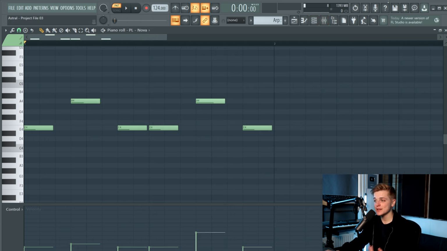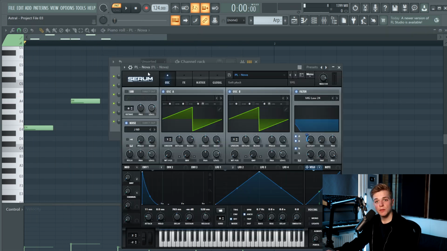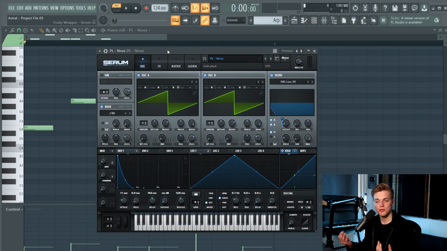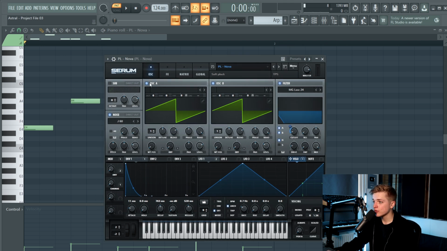On top of that I have a simple plug which sounds like this. The plug is also from Serum, and once again it's two saw waves. You will see a lot of saw waves in this style, as you can use it for basses, plugs, leads, and you can just use it for basically anything that you want to make. So for this plug we went for two saw waves once again, and then an envelope to an MG Low 24 filter. So in the oscillator section it looks pretty similar to the actual bass preset that I showed you previously,